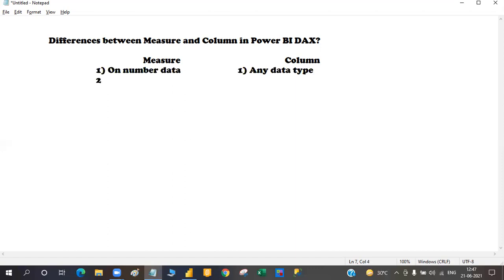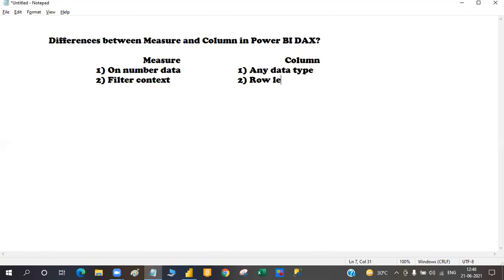A measure returns a scalar value. Scalar means numbers data. A column is not a scalar value, it works row by row. Measure is a filter context, whereas column is a row level context.